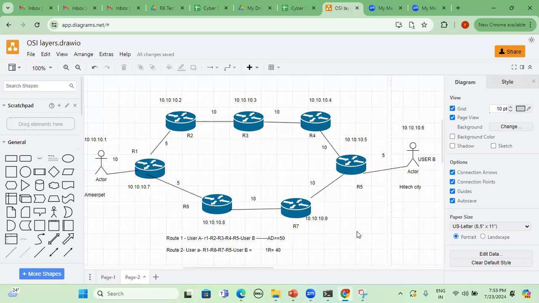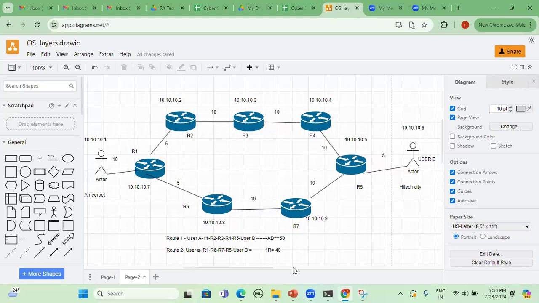Now we need not define anything. Automatically, in the backend, based on the static route, dynamic route, and routing information protocols like RIP, EIGRP, IGRP, OSPF, and BGP, all these are routing protocols. According to that, it will automatically choose the smallest route. Okay, so that is all, overall, about what is meant by path determination, what is meant by routing, and what is meant by logical address.